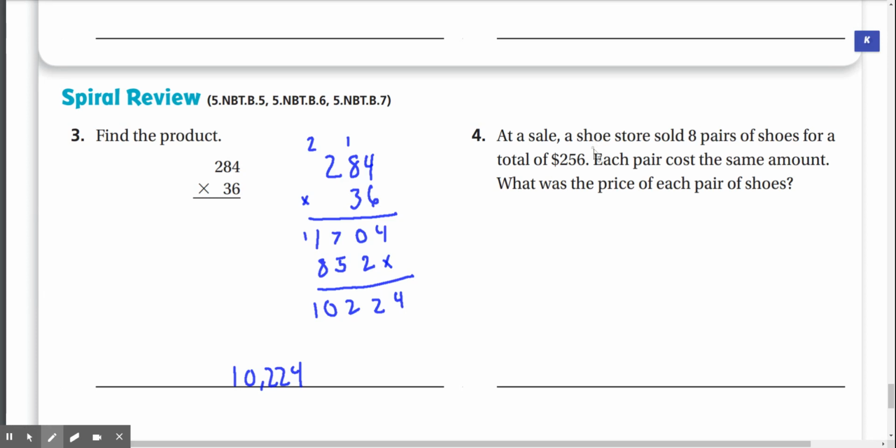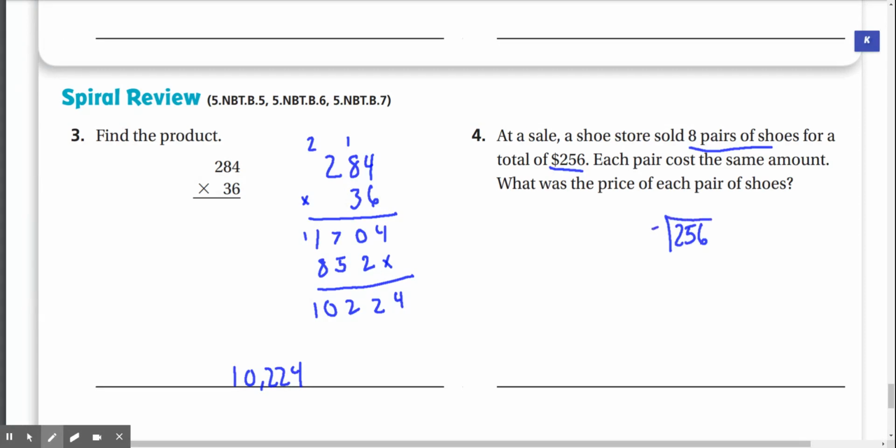Number 4. At a sale, a shoe store sold 8 pairs of shoes for a total of $256. Each pair cost the same amount. What was the price of each pair of shoes? So if we have $256 and 8 pairs of shoes, if we want to find how much one pair of shoes costs, we're going to have to divide 256